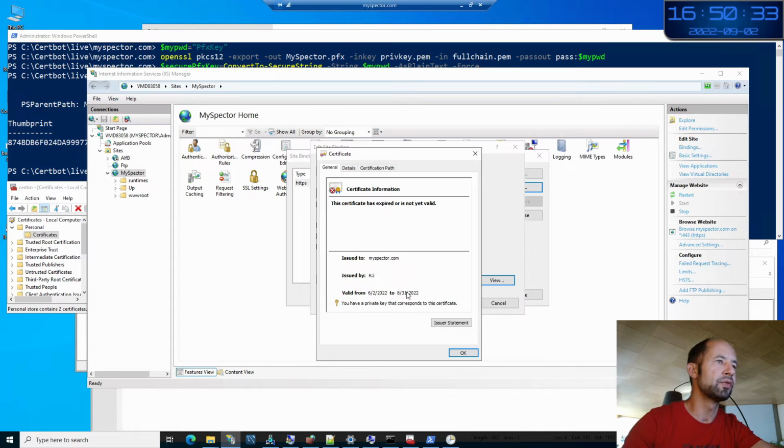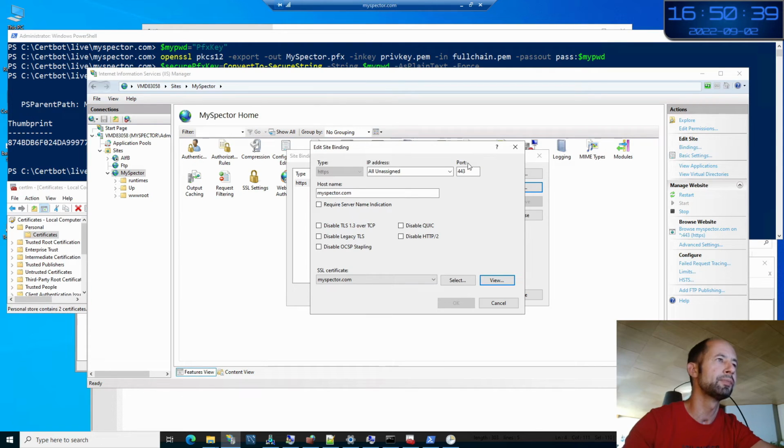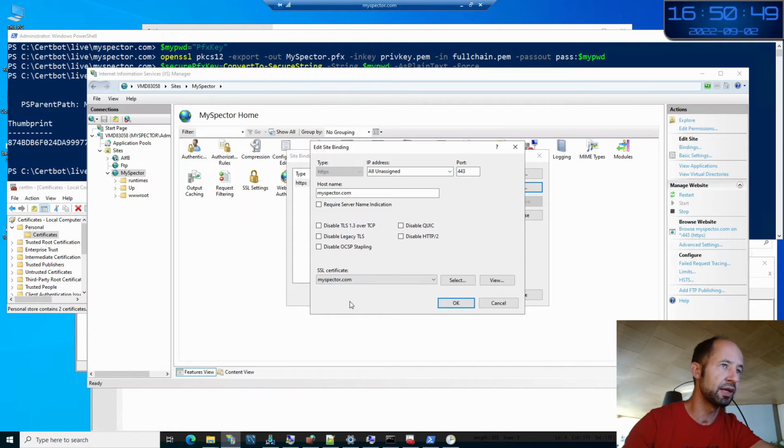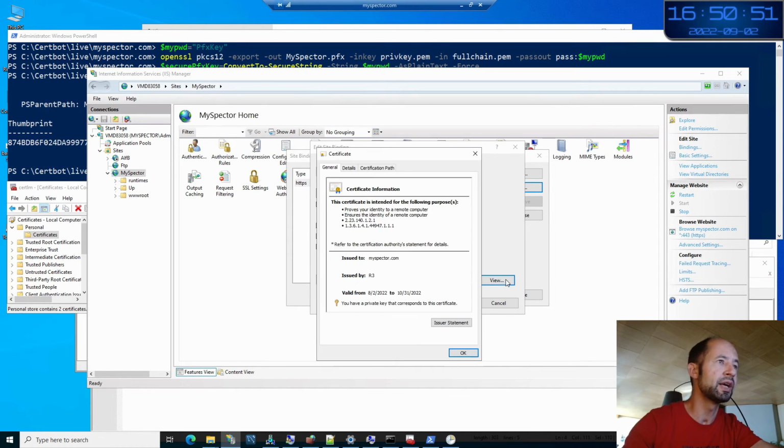Here you see that the corresponding entry in the drop-down list is expiring 31st of August. This is not the correct one. And here I want to use the one below, and there is a little issue here because you don't see the expiration date directly. I click on view again, and here there is a correct version of 31st of October.